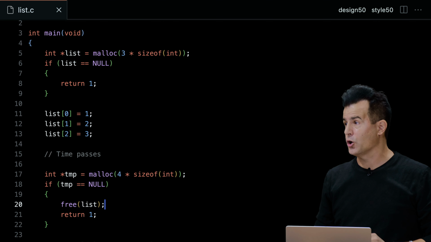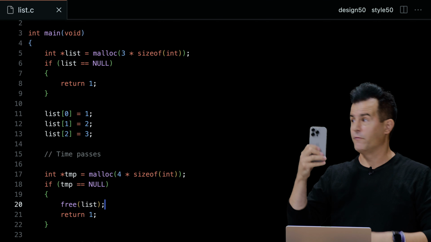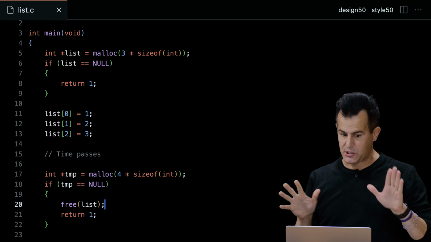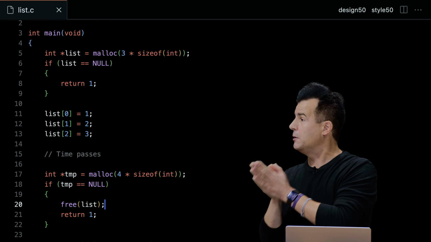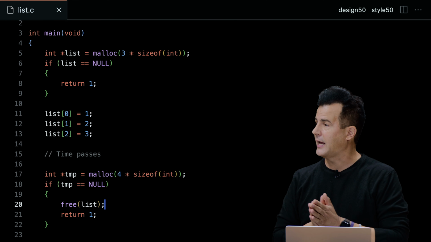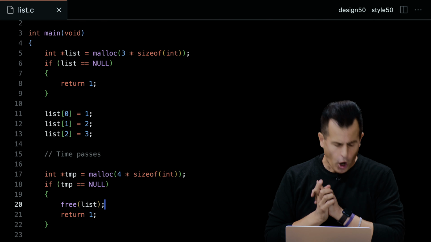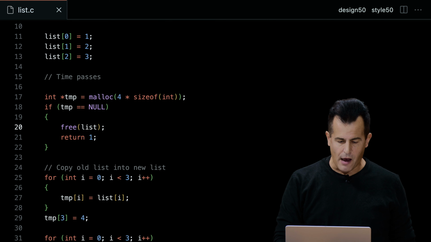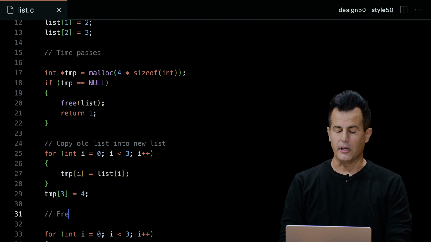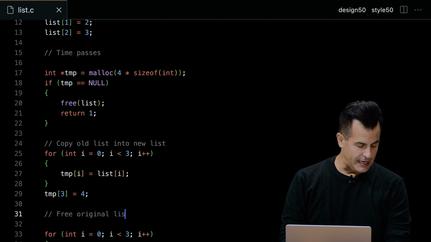And generally, we're running software that doesn't run for a split second, but for minutes, hours, days, continually, in which case it's best practice to squash these memory-related bugs now, check for null, free any memory so that you never indeed encounter these kinds of leaks. All right, so let's forge ahead a little bit more, and let me propose that after we have done the copy, we now want to similarly free the original list.